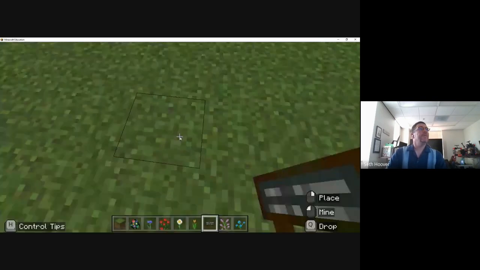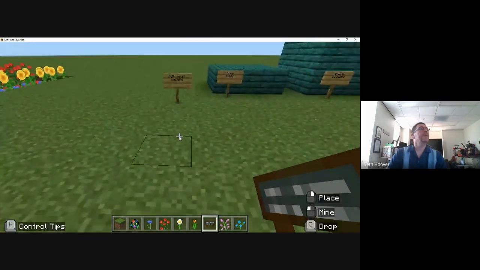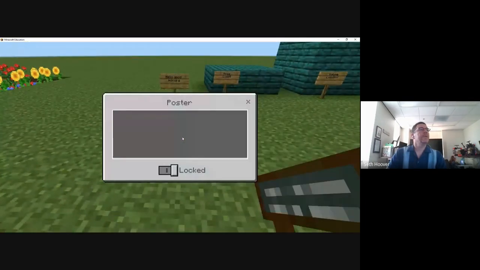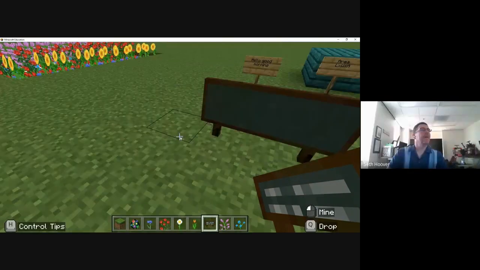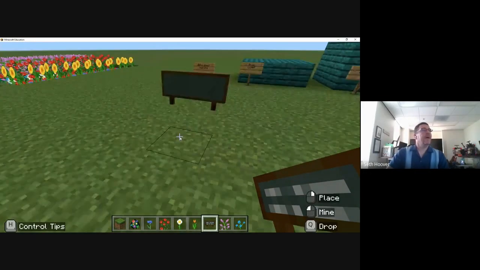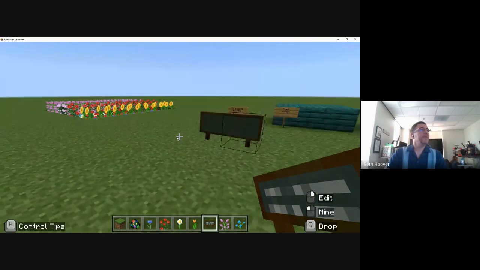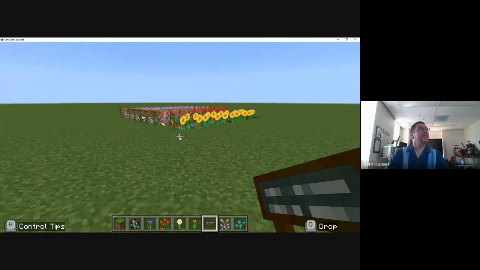Let's close this. We'll see what the poster looks like. It's a bigger thing. You can add a lot more words to it. Cool. Yeah. And then another option, depending on how you want students to turn in their